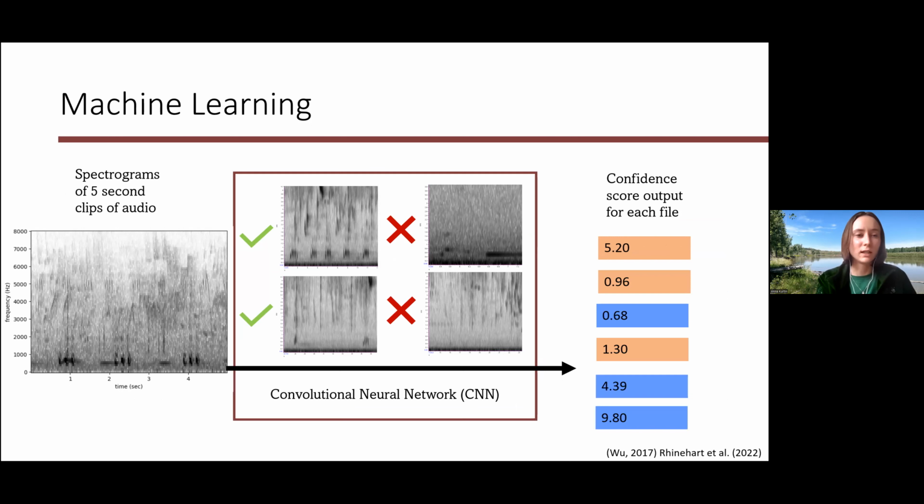And to kind of briefly explain how this works is you take spectrograms and give them to a model that it's created based off of files that you've given it that either do have cuckoos or don't have cuckoos. And you tell it which ones have the signal that you're looking for and which ones don't. And that allows it to process the new data that you give it and